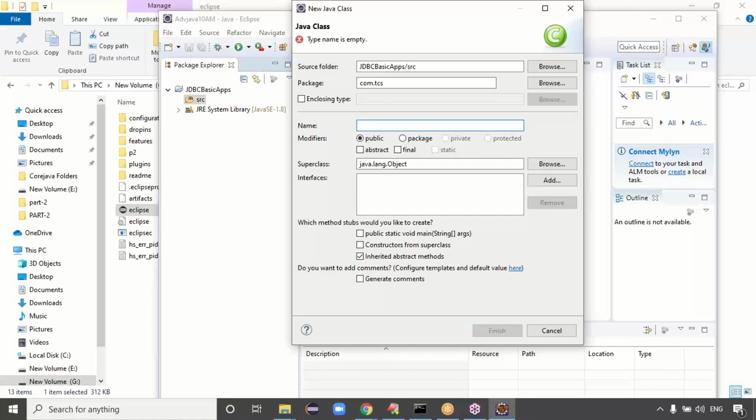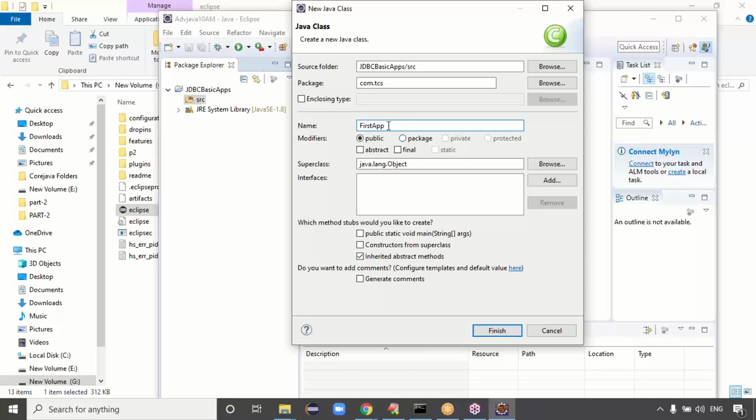This is like, what example can I say, JDBC first application, right? The class name is called FirstApp, guys. Otherwise you can give something like Test1 as the class name. Which one is a better name, FirstApp or Test1?